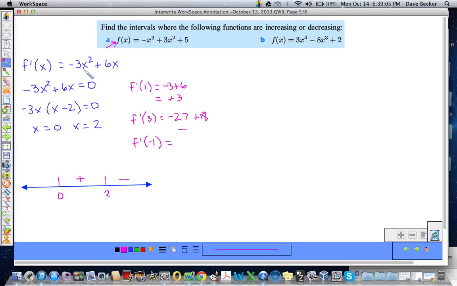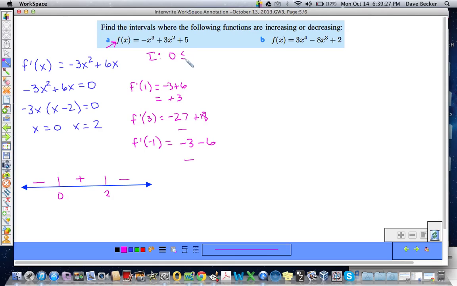Negative 1 squared is positive, so that would be a negative 3, 6 times negative 1, and a minus 6. It's going to be negative. I don't care that it's negative 9, just that it's negative. So I know the function is decreasing on this interval. So I know the function is increasing, f is increasing,